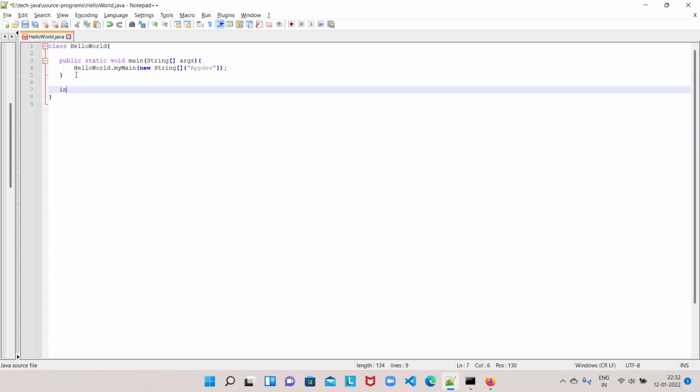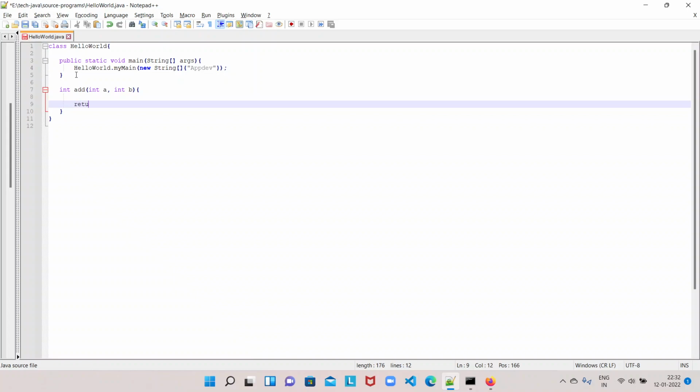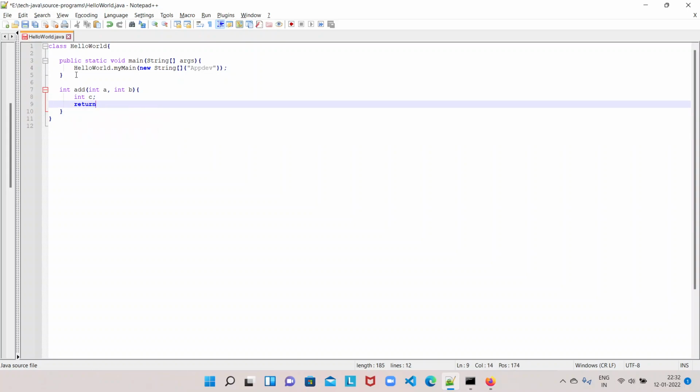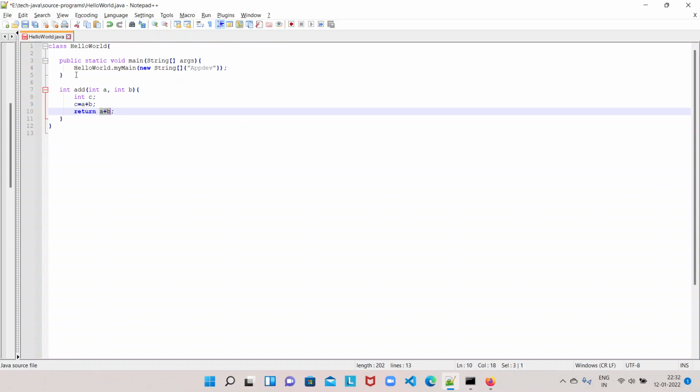Let's say, for example, there is a method add that accepts two arguments, and you want to return a variable c value: return a plus b, or c is equal to a plus b, return c.